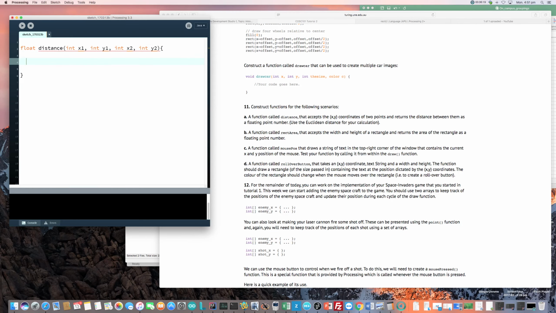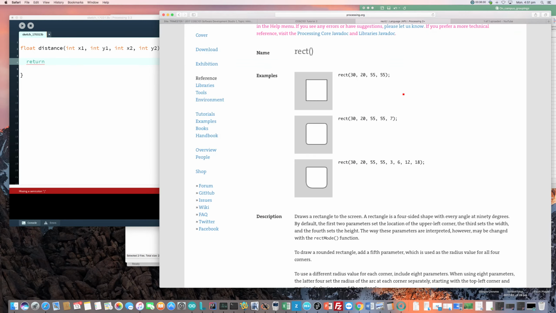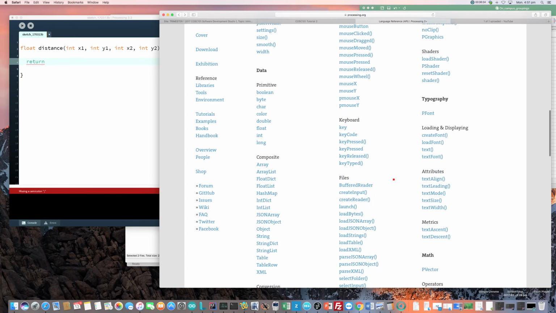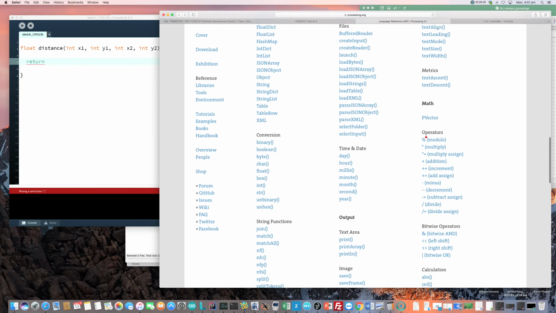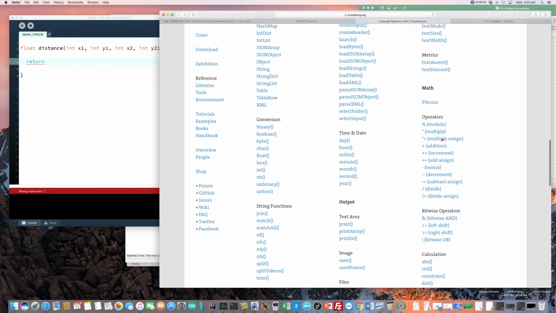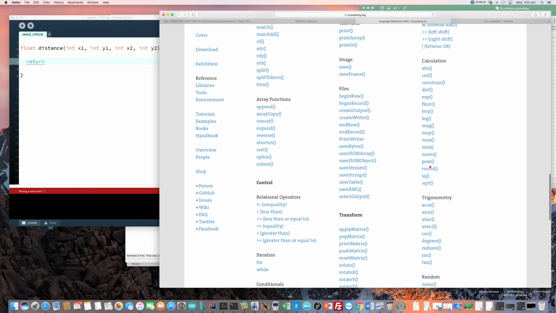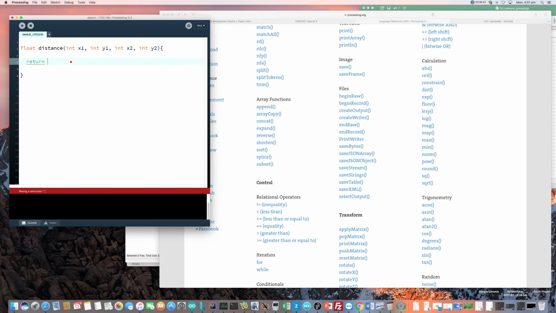and we're just going to return, what's going on here? Yep, so that's all exciting. So we're going to return, so we have to do some mathematics here. We're going to have to go and remember our maths functions. So if we go back to the reference here, you can see we've got some maths, we've got some operators, we've got some calculations. What we're really interested in is the square root, actually. So return sqrt of